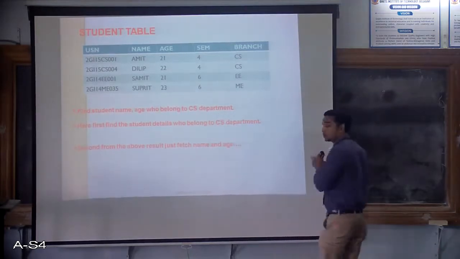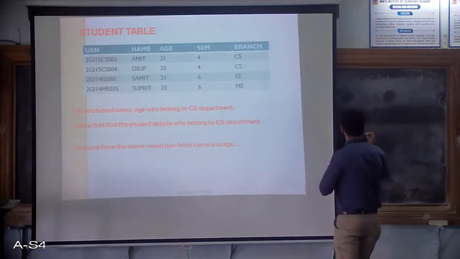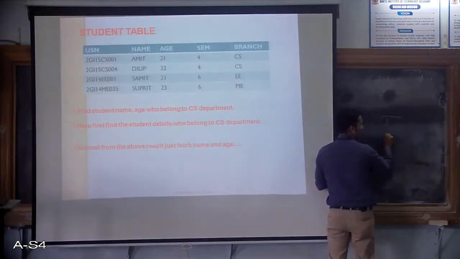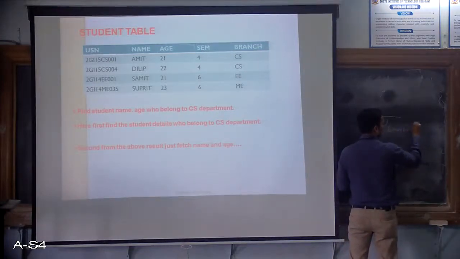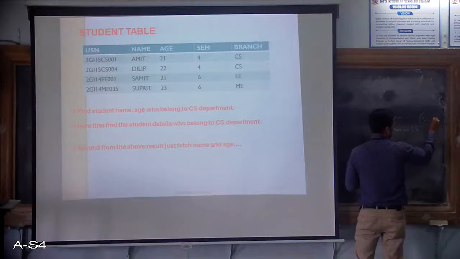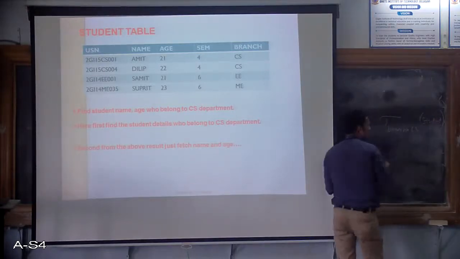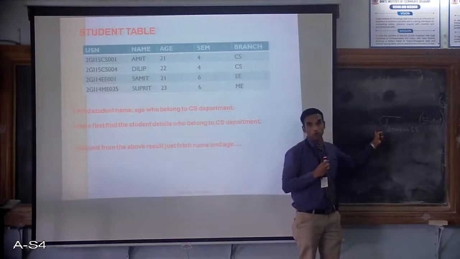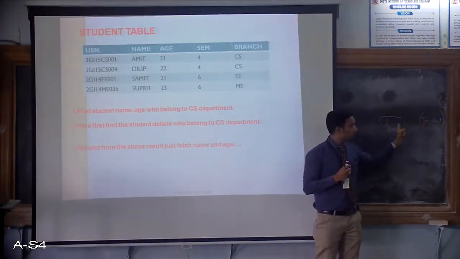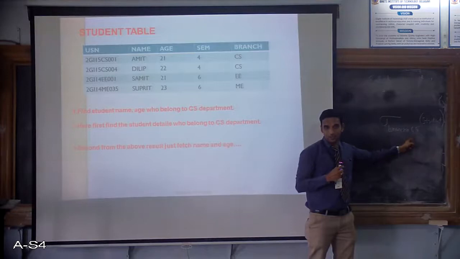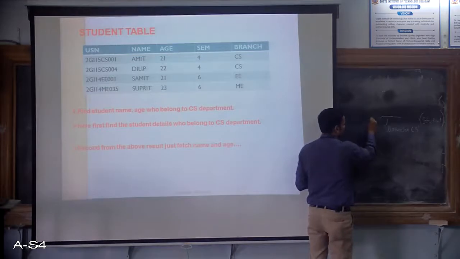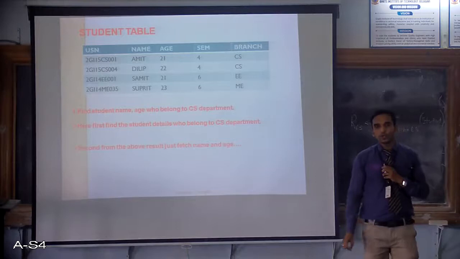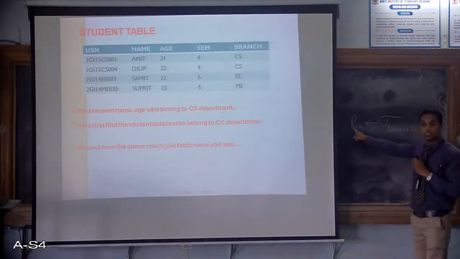So how to find the student details, that is the rows? Select where branch equal to CS from student. So what does this query output give me? It will select all those rows from the student table who belong to the branch CS, right? So what I can do here is give an intermediate result like this, RCS. As I said, it's relational algebra. You can give any naming conventions which are easy for you to understand.